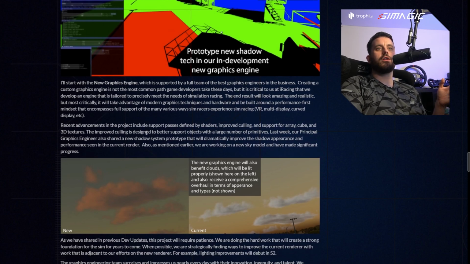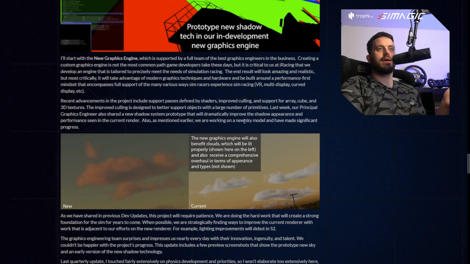So for example, they're talking about work that has been done on shadow appearance and performance seen in the current render. This is the video below, I believe. As mentioned earlier, we are currently working on a new...